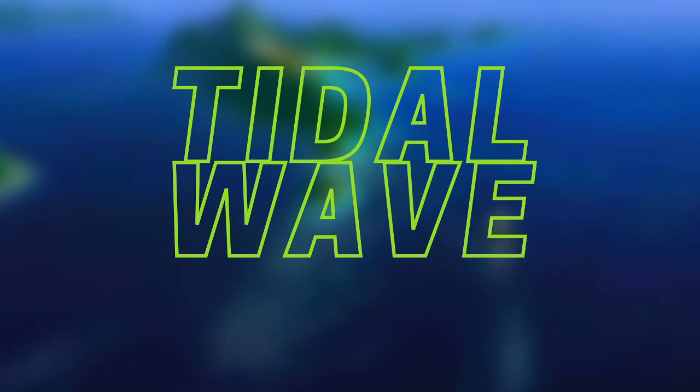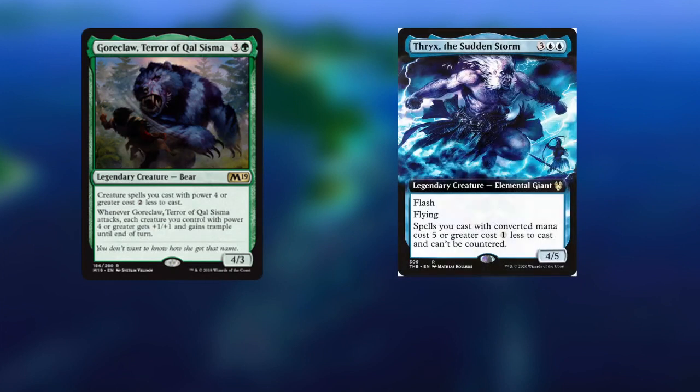They're sort of resistant to burn spells, but of course, not to instant-speed destroy spells like Murder, and board wipes. Yeah, our board is still a bit weak to those, but we've got ways of recovering from those. On the ways of recovering, we've got Goreclaw, Terror of Kher Ridges. It's a legendary bear, and it says creatures with power 4 or greater cost 2 colorless less to cast. And once again, most of our creatures are power...